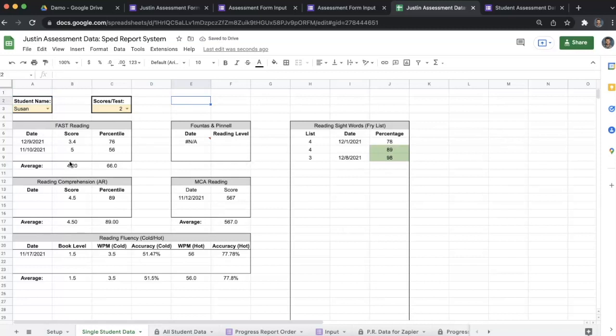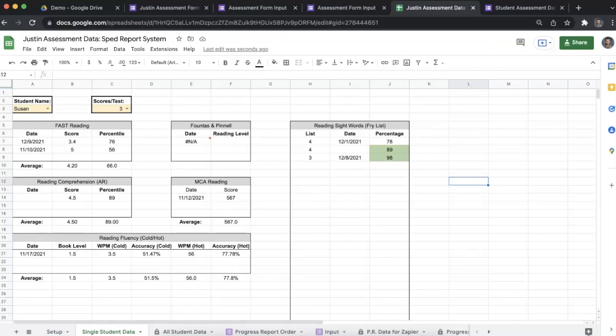Also in this dashboard, we can have this take our averages for us. So if we wanted to take the average of the last 3 times a student took a test, if they've taken it 3 times, it would all show up here. And then we get the average of that. So that's what we're going to work on today, is how to build a dashboard for student assessment data, the form that goes with it, and then how to make sure that everything's hooked up and it's moving into the